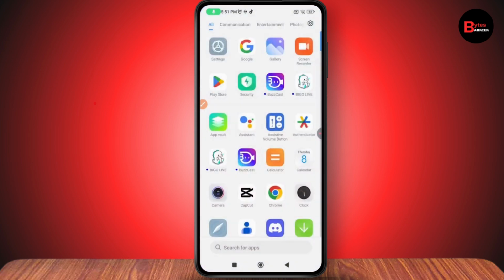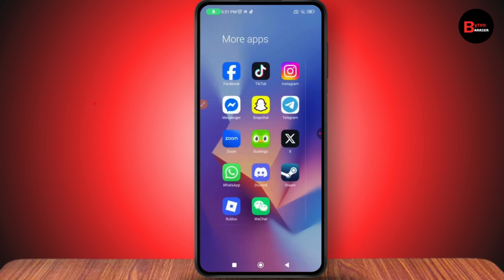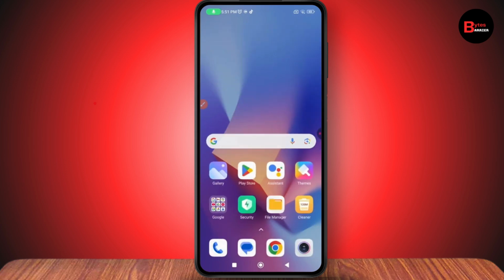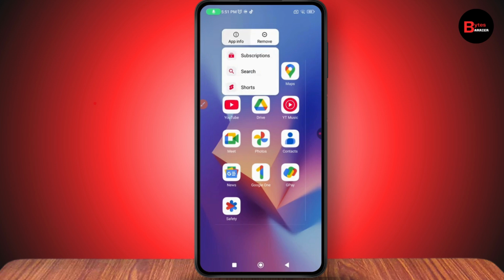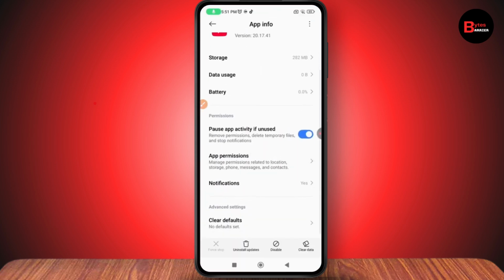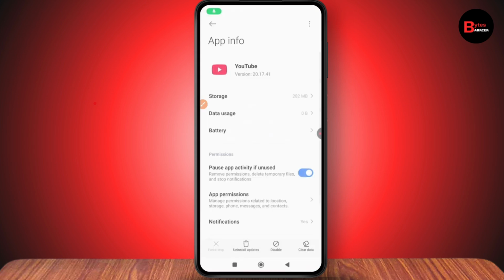Or if you're still facing this problem, then you just need to simply tap and hold on to your YouTube for a few seconds, and from here you can go with the app info, and from the app info you can go with the advanced settings. Under that you may have an option of open supported links or open by default. So if you have that option on your Android, you just need to simply go and turn that off. Once you turn that off, your